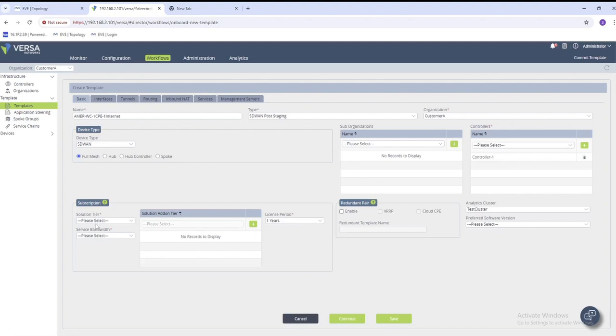The controller is already added, and then after I come to subscription, we have to specify the feature set that I purchased and the bandwidth that I purchased, and then the license period that's valid. After that, I have to select the redundant pair template, and